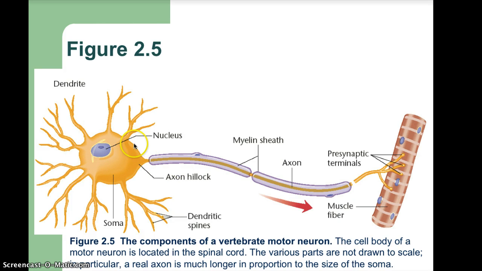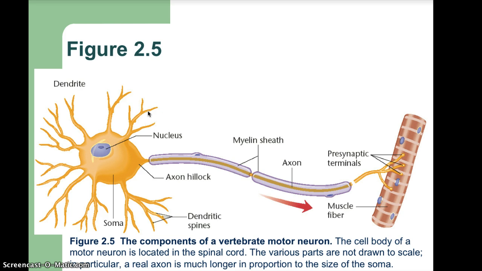So here you have the soma, which means body, the dendrites, and you see how these taper, some dendritic spines. The nucleus, the little extra darker is the nucleolus, which houses the chromosomes. The axon hillock, which is right before the axon,